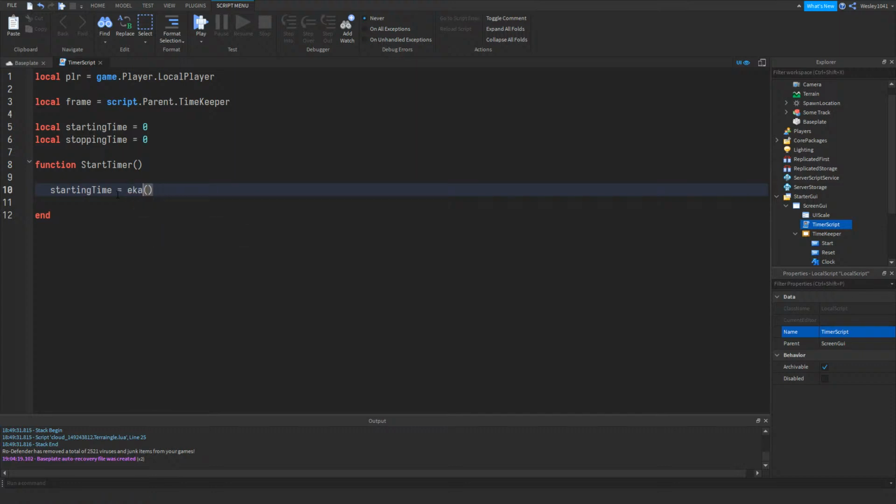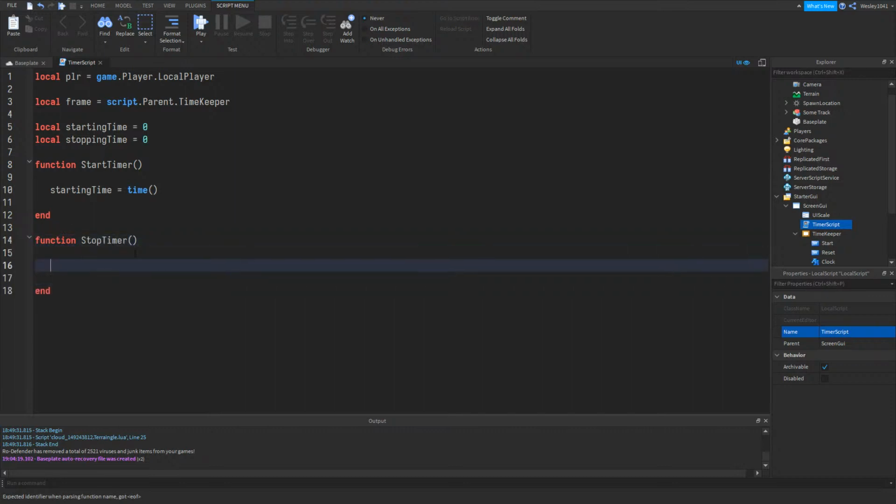Alternatively, you could also do this. It doesn't matter, those two values are different. I don't have the Roblox Wikipedia page ready, or the developer page, but basically this measures how long this value will return for how long the game has been running, or for how long the server has been running if you use elapsed time in Workspace. So now we know when the time has started, and now I want to add another function